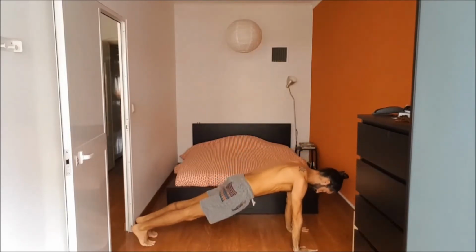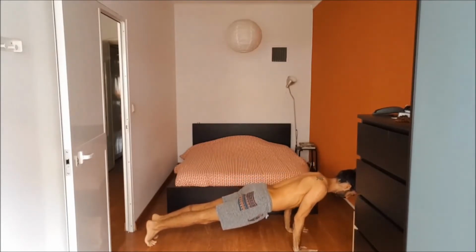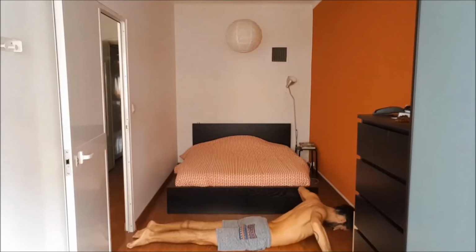Hold in plank for 1 inhale. Exhale, don't change anything, just flexion of the elbow. That's all the chaturanga is if you think about it. Then you lower all the way down, and as you inhale, you're ready to open into your wide cobra, fingertips